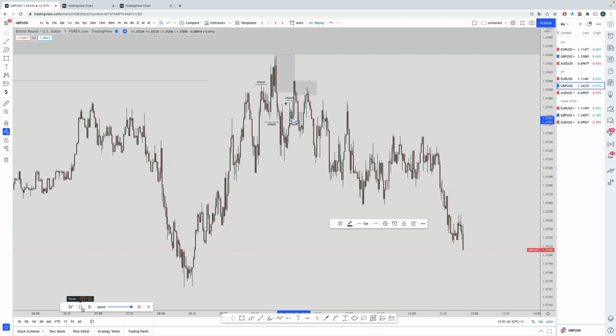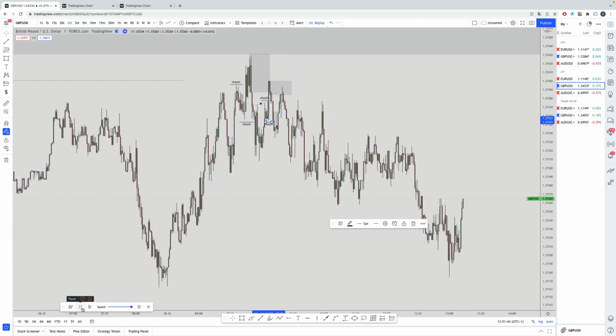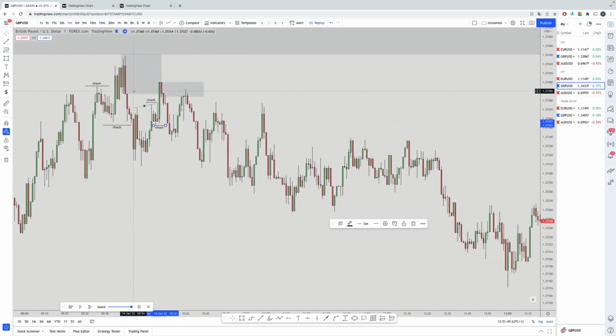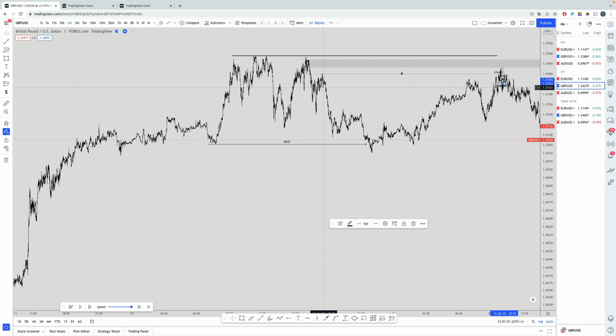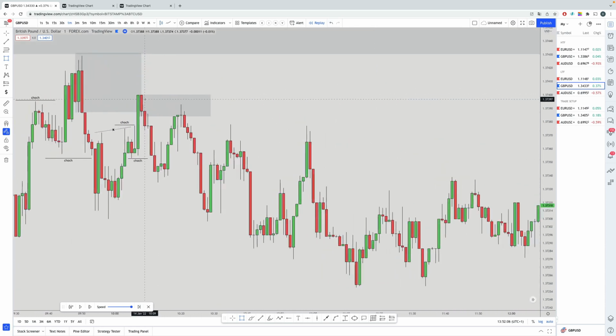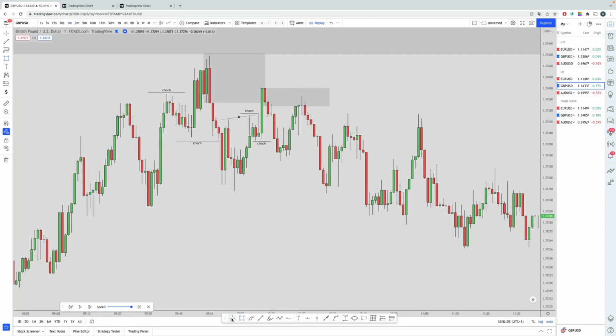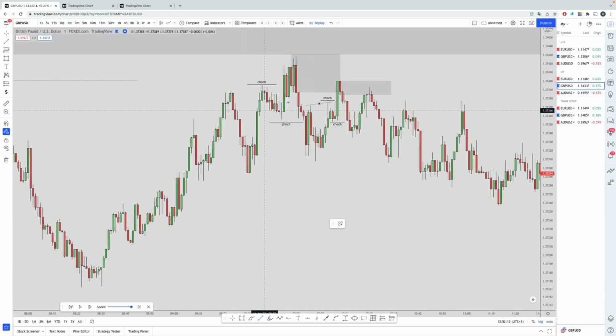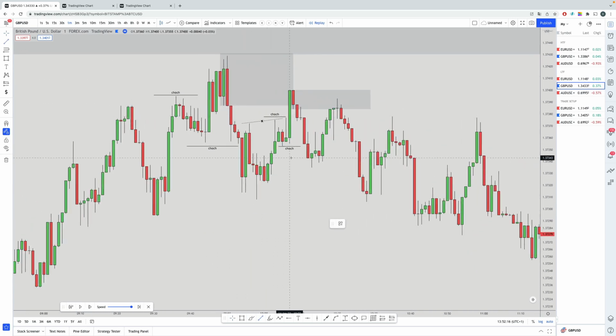Because price can always come all the way back up. Now in this case, it doesn't, because of one important factor. Everything here is mitigated, okay? So you really start here, and if you look all the way from the top, you can see that everything here is fully mitigated. And this is super important for us. If you would like to use this Choch chain, how I like to call it, then you really need to be aware of everything, you know, that definitely everything above is mitigated,